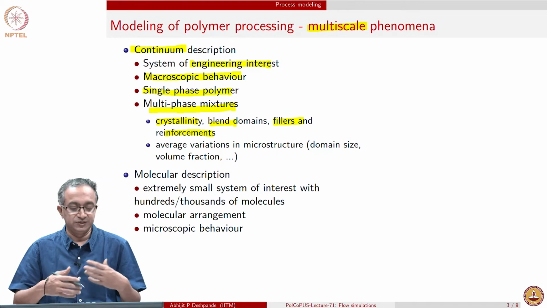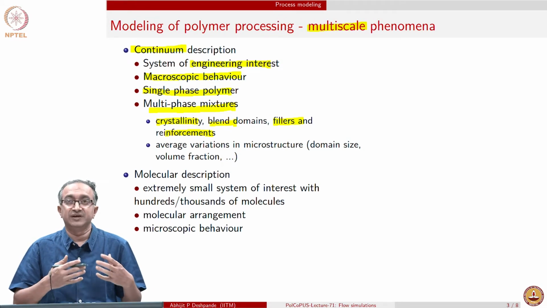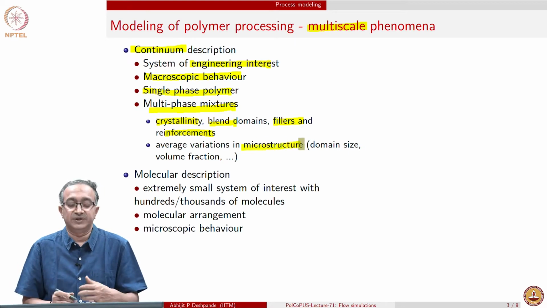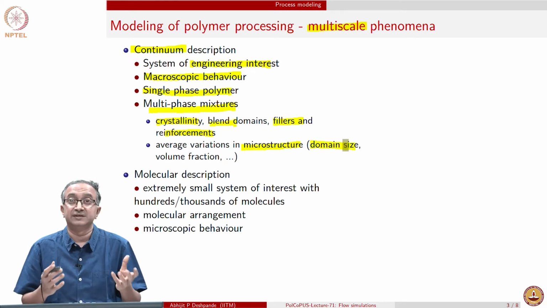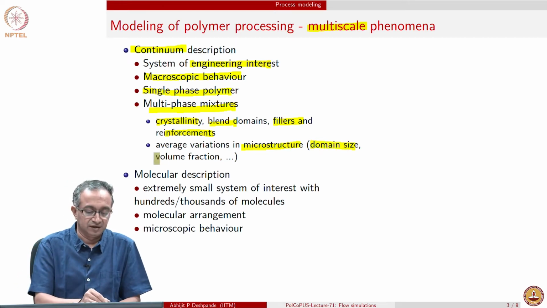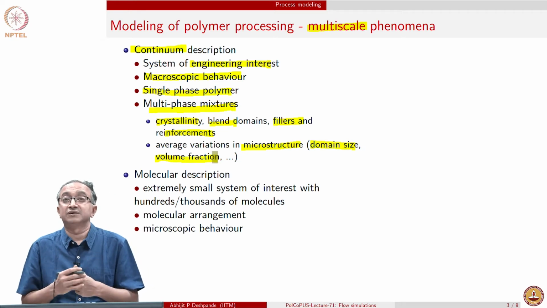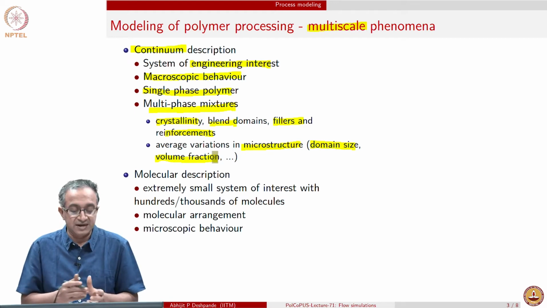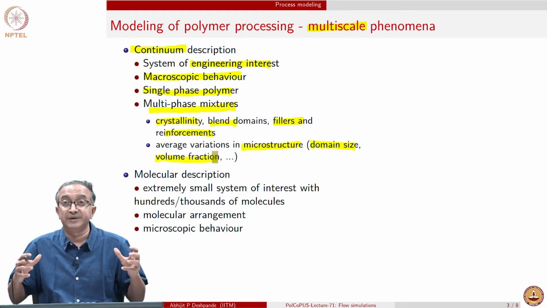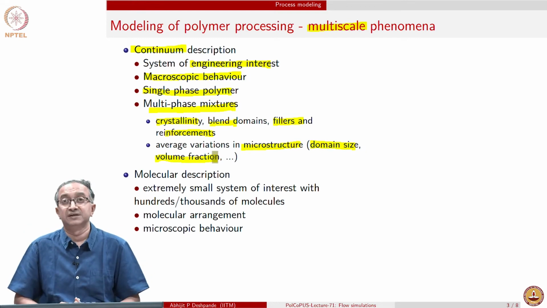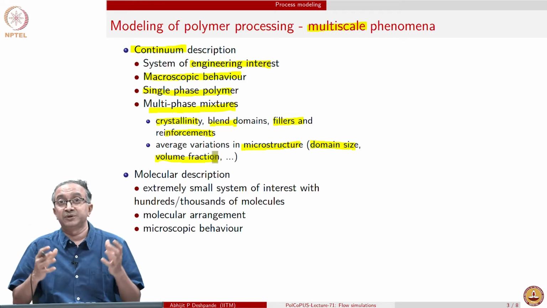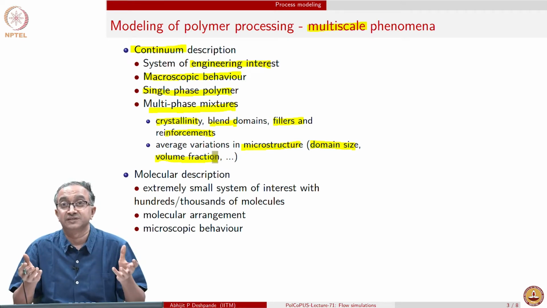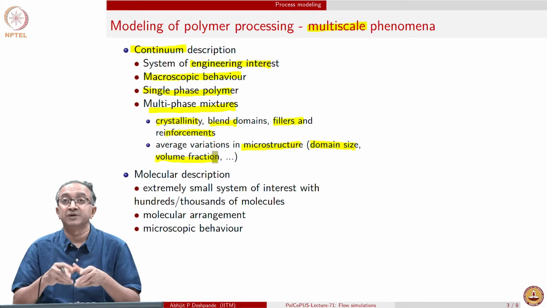So, once we try to understand these multi-phase mixtures and we are looking at their processing, we need to look at also the variation in microstructure. For example, what may be the domain size of one blend component versus the other. What could be, if it is a miscible system, then what is the volume fraction or concentration of one species versus the other. And we need to do all of this as a function of space, or as a function of position within the part. And this is quite necessary because sometimes, if let us say the volume fraction of plasticizer increases too much in a certain spot, the part may become too flexible.